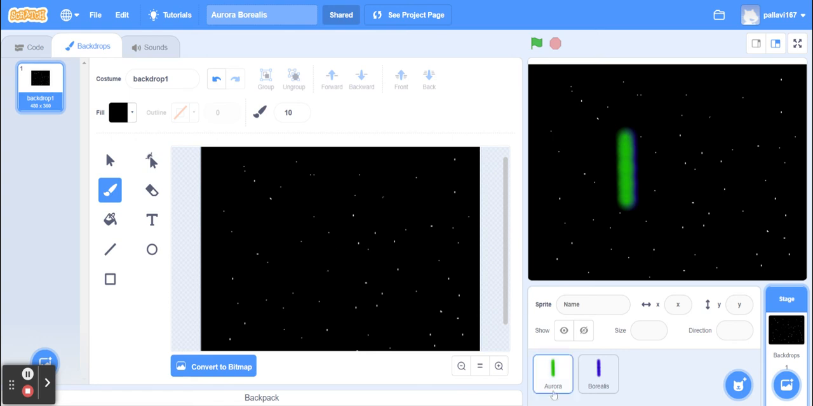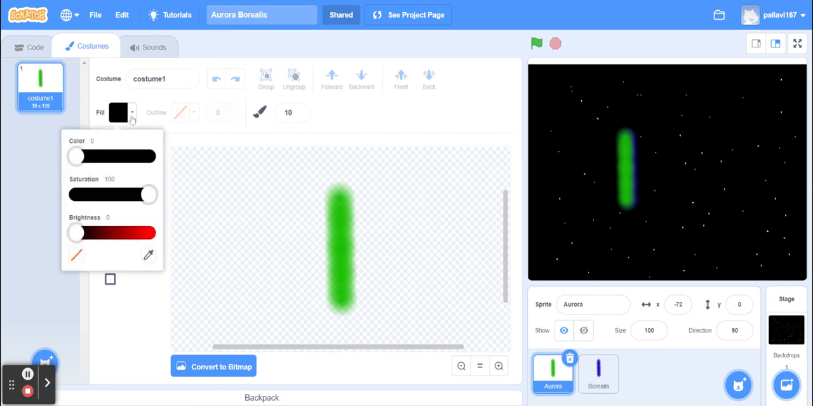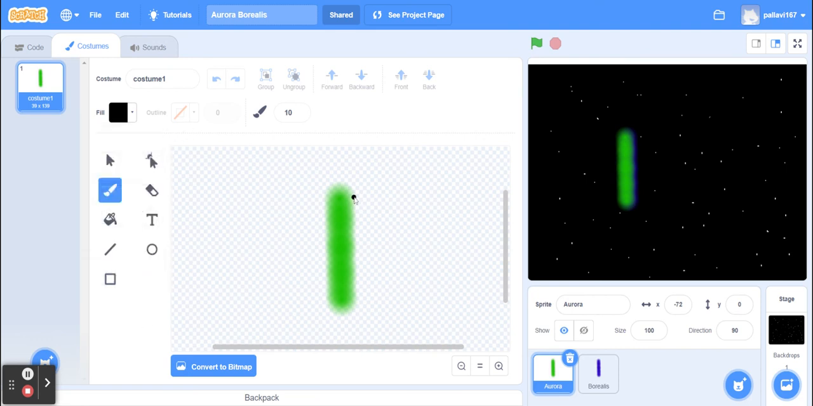And after that, I have also created two sprites that look like this. So it's a simple brush stroke. I have chosen the green and the blue color combination. So you can choose any of the colors by using the scroll bar, and to give that smudged effect, what you can do is